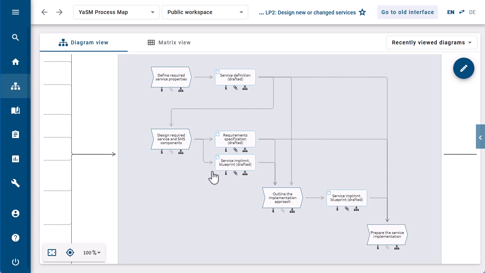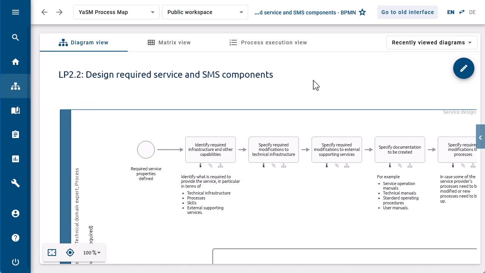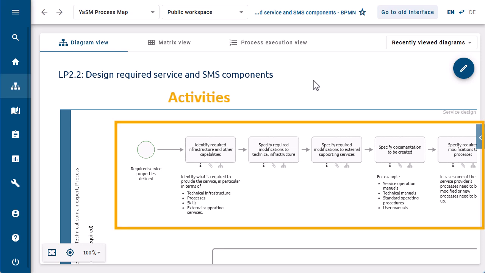For each of these sub-processes, we can go down once more to the lowest level of detail. If we click on the link symbol, this will open a BPMN or collaboration diagram with one or several swim lanes, representing YASM roles and activities. So here, at this level of detail, we get to see what activities need to be performed by whom in